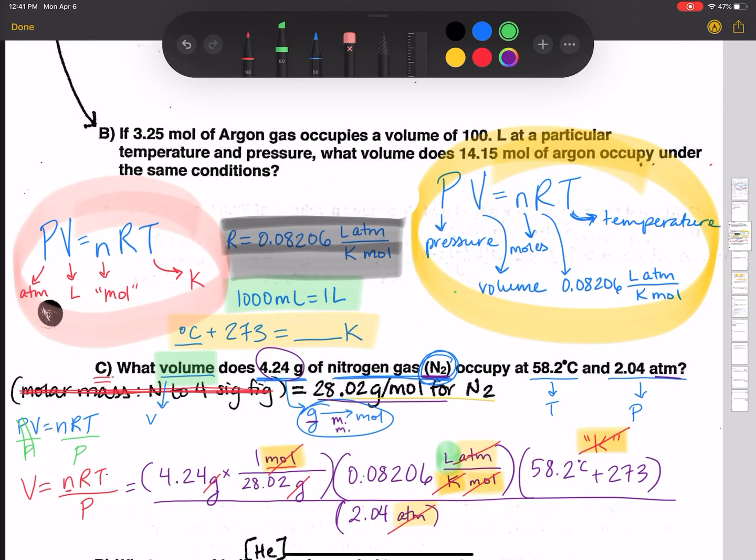And look where it's remaining. It's remaining in the R constant. So remember what we had always talked about. Whatever unit is remaining in your formula or in your string equation, that's the unit that you're going to answer